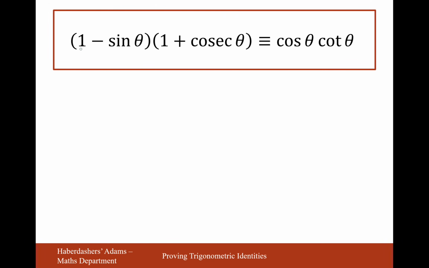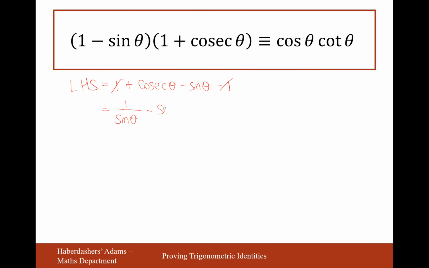Right, then let's get started on this one. We've got 1 minus sine theta times 1 plus cosec theta is equal to cos theta cot theta. Let's get started on the more difficult side, the left-hand side, and let's start by expanding the brackets. We've got 1 plus cosec theta minus sine theta, and then minus sine theta times cosec. Well, cosec is just 1 over sine, so that will give us minus 1. So the ones will cancel out at the front and the back, and we've now just got 1 over sine